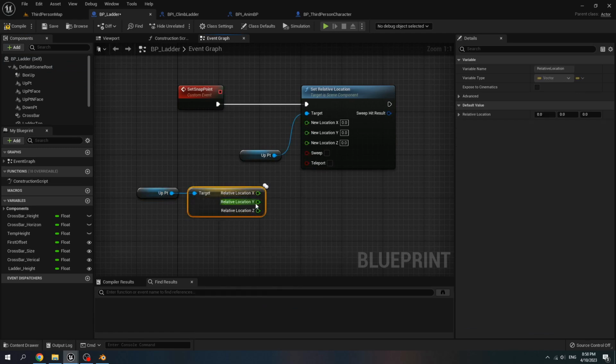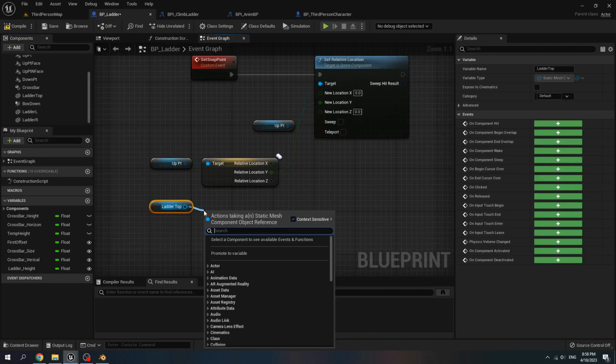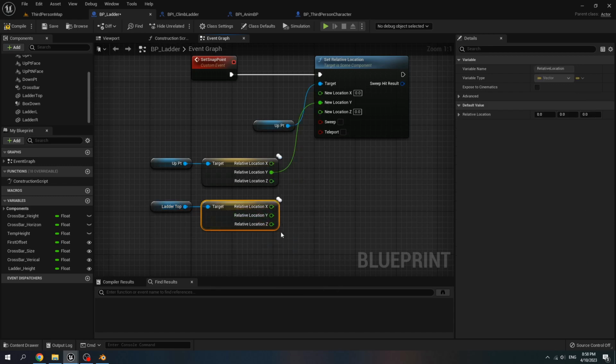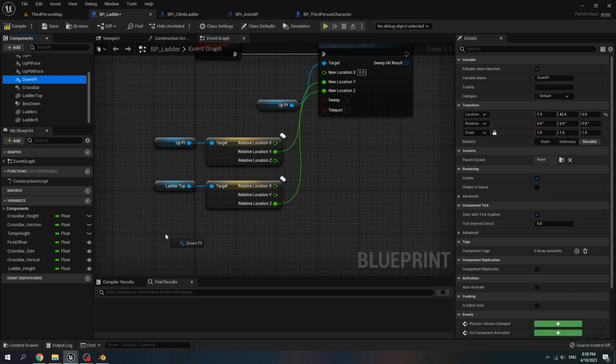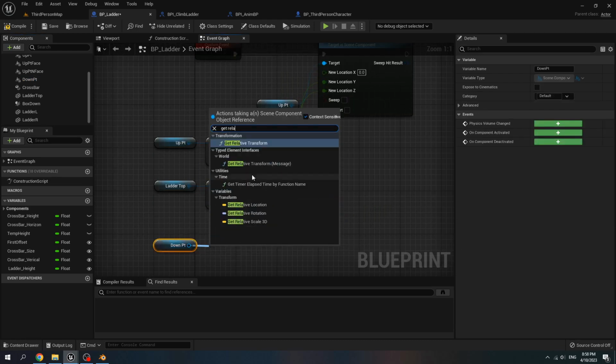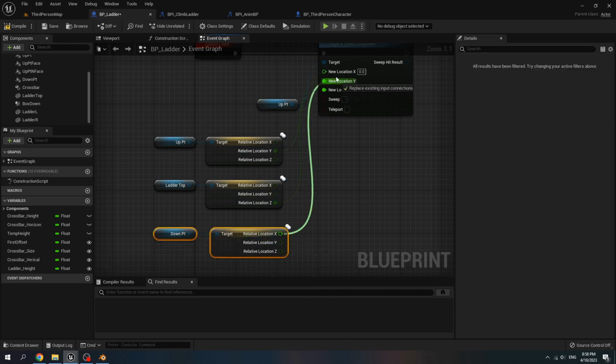Split it. Connect Y to Y location. Get letter top. Get relative location. Split. Connect Z to Z location. Get down pt. Get relative location. Split. Connect X to X location.